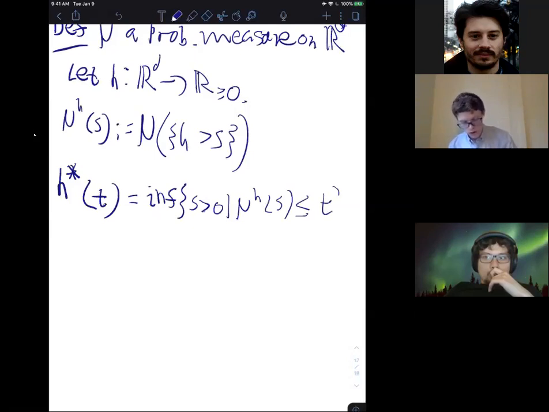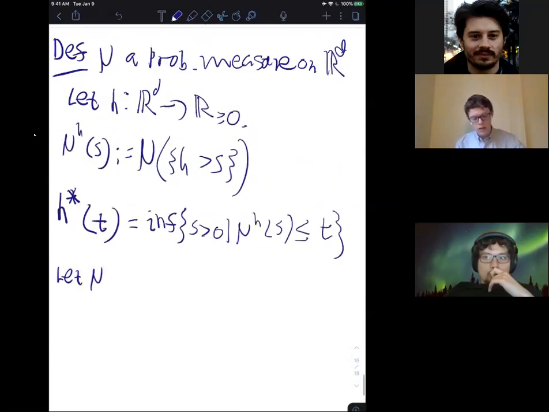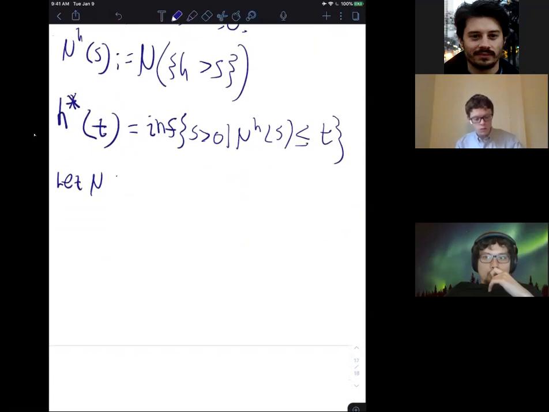So this is maybe a little bit confusing. What are we really doing? Well, maybe the easiest thing to think about, and this will be relevant because it's the case that we'll apply it on, is indicator functions. We don't actually need mu to be a probability measure, we can just assume that it's sigma finite. So let mu just be Lebesgue,